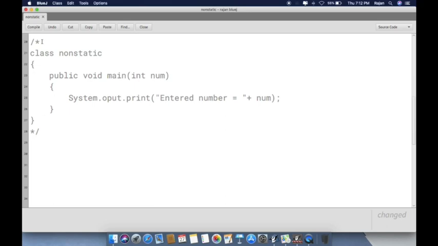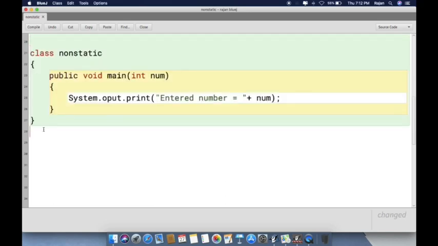Now I'll activate this program with the same class name. See over here, the class name is still non-static. Public void, rather than display, you can see the name of the function is main. Rest of everything is the same: the value we are accepting in the function, the variable name is still num and the data type is int.